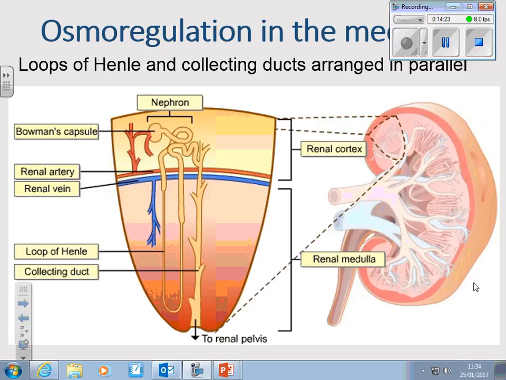Okay, how the heck are we going to get all the water back then? We squeeze out most of it, but we need a lot of the water. So we squeeze out most of the water in the plasma, to be honest. We need to get most of that back. And if you look at the medulla, of course, arranged in its pyramids, the things that look like seashells on your diagram,